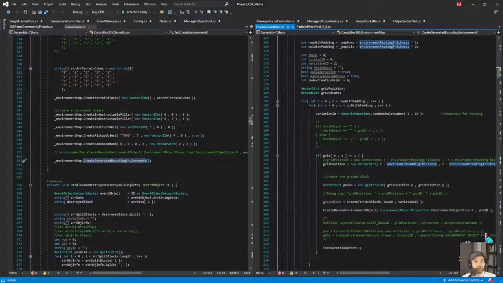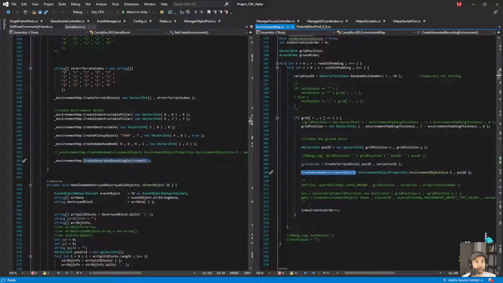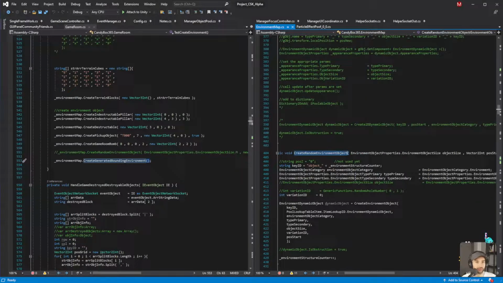But then I want to look at where the object is created. Okay, and here's the object. I call create random environment object, which is obviously not correct. This was just temporary. And this that's being passed in, I don't think that's even being used. So we're passing in object size.